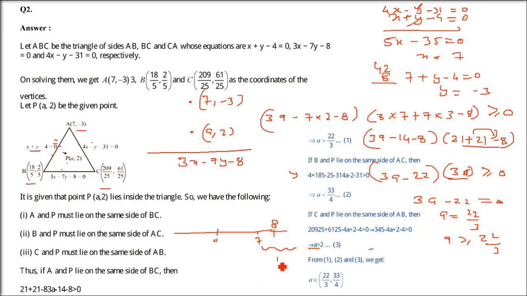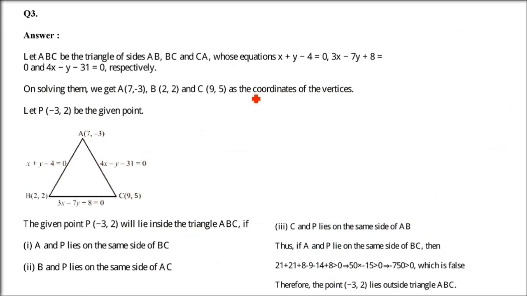So for the whole solution set, we have to find the intersection, right? Now this is the common portion. What is the other condition? A greater than 2, and A greater than 2 is this whole region. So you can see that the common portion of all these three is between 22 by 3 and 33 by 4. So this is the solution, 22 by 3 and 33 by 4, right? This is your solution. Now I hope you'll be able to do this too, because we have done it already, so I am just skipping it.